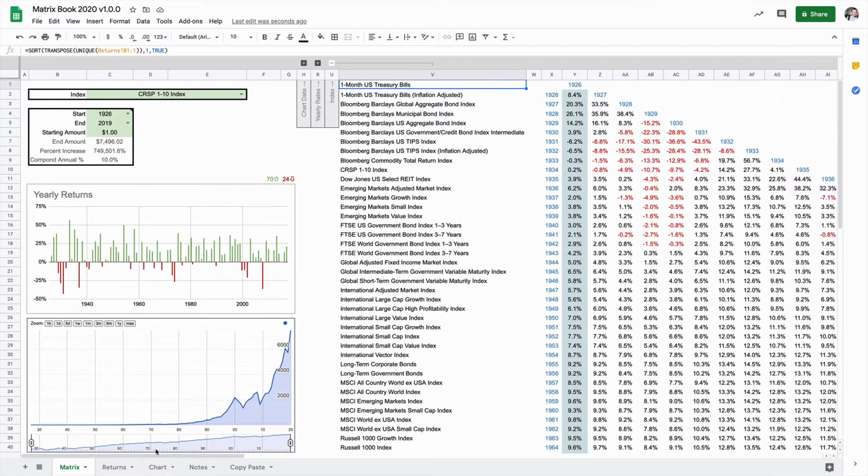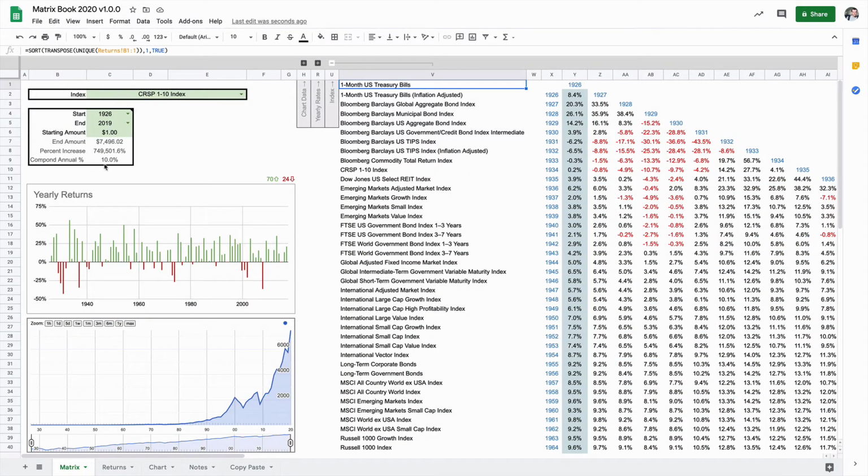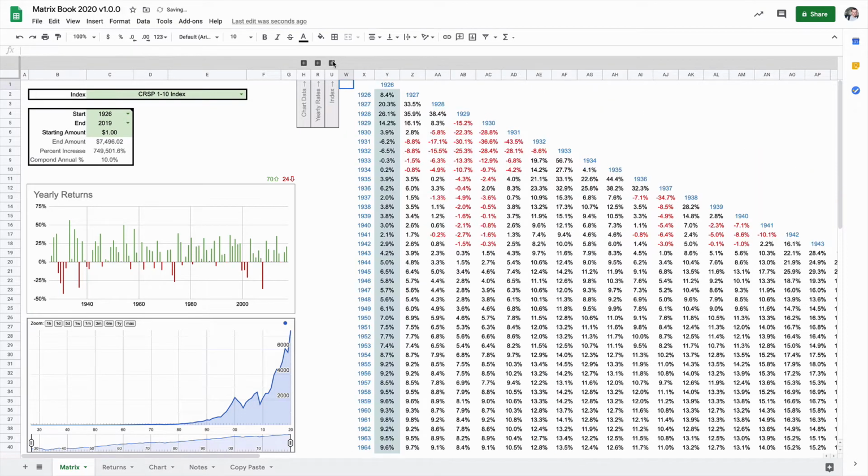So no matter what you have up here, or whichever order in the drop down, it should be alphabetized and easy enough for you to find. Here we have the returns. We have 70 positive years and 24 negative years for this. Let's just go back to